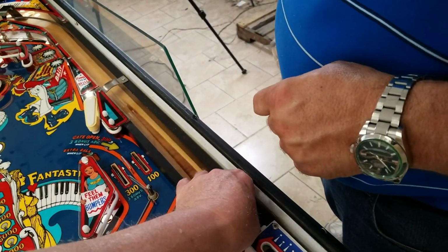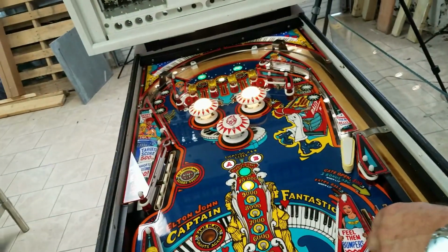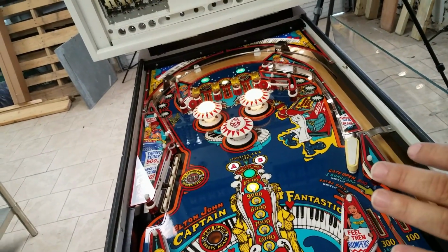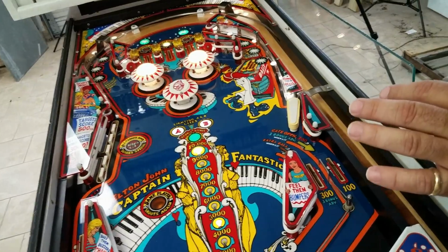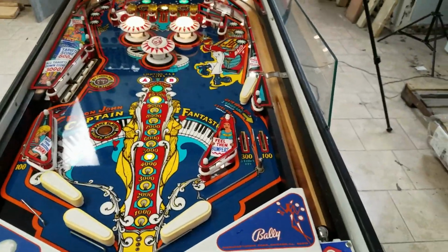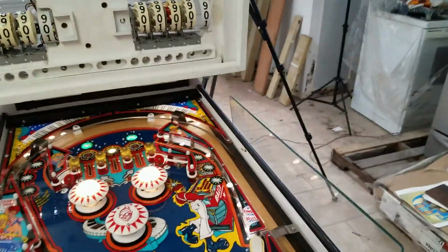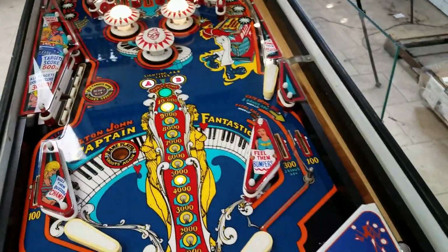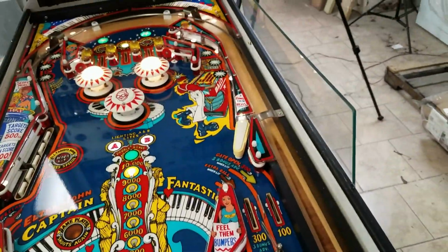That counted more than it should have. What's it counting? Hold, hit it again. Okay, that worked right that time. It's counting it twice, sometimes. Interesting. Well, no, 3 times. So what we're getting is when we hit this switch, we're scoring. It should be scoring 300 every time it goes through there. We're getting 600 or 900 or more. Possible switch adjustment, possible software adjustment. Let's end this and see if the